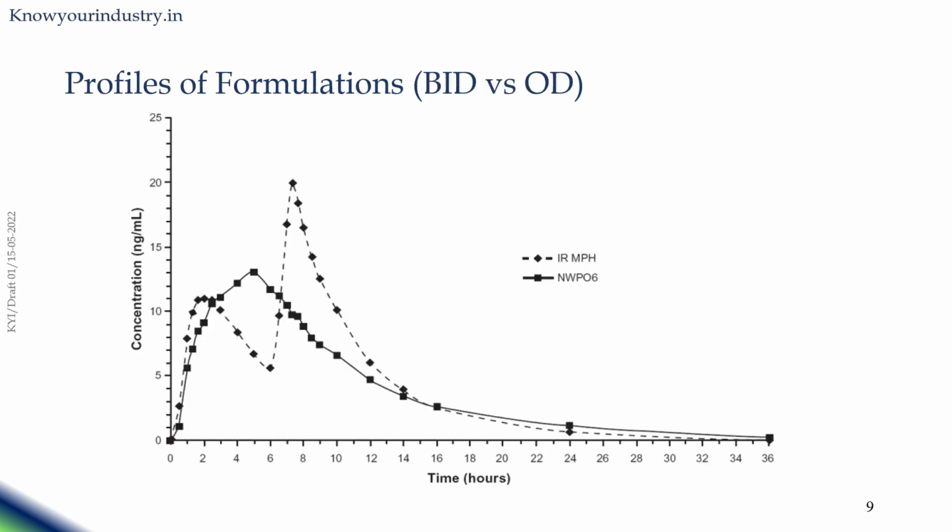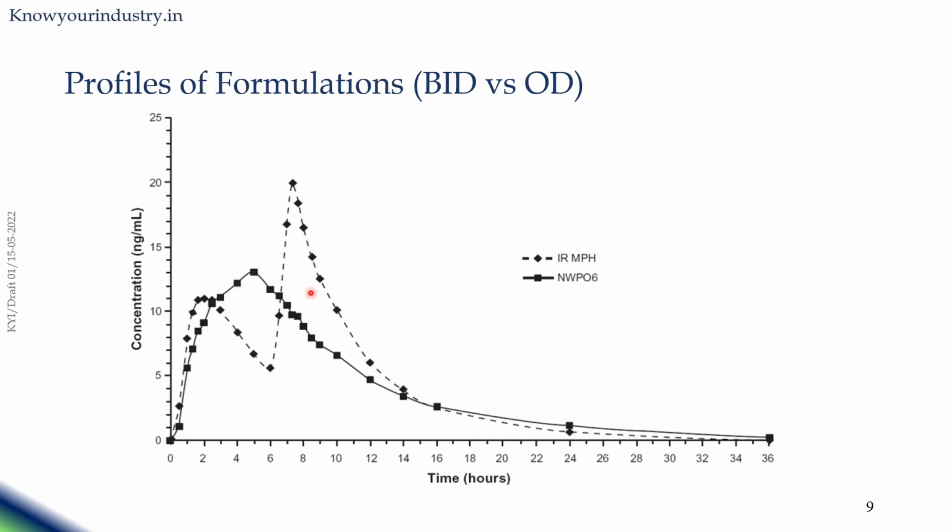So after the study, I'm going to get this kind of profiles. The metformin immediate release product is being administered twice daily, and it is going to give you a peak like this, a profile like this, and my once daily formulation is going to provide the peak like this. So this is the likely scenario when, after the completion of the study, you test the two products, and this product is maybe in the expected target in vivo release profile range, because the Cmax is maintained and